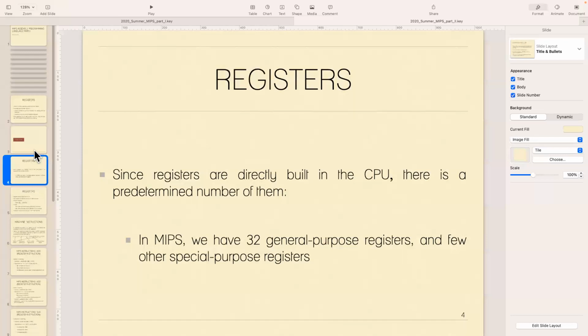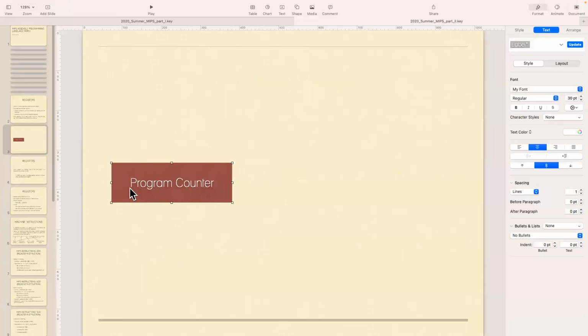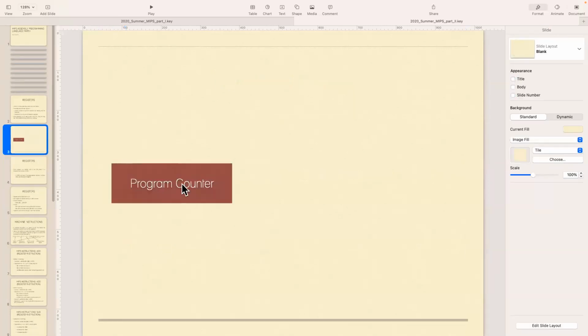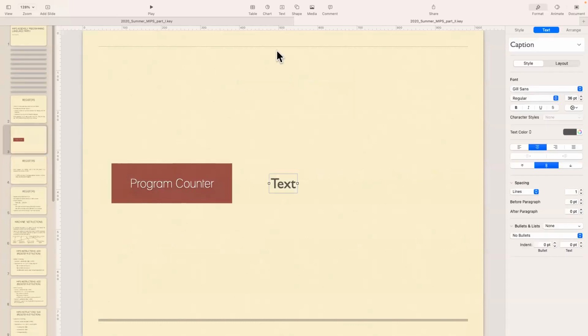Now, one thing that I mentioned before is that the program counter is another register. This is not a general purpose register, but it's another register. And it's not only that we have 32 general purpose registers, so the size of each of those registers is going to be 32 bits. So to summarize,